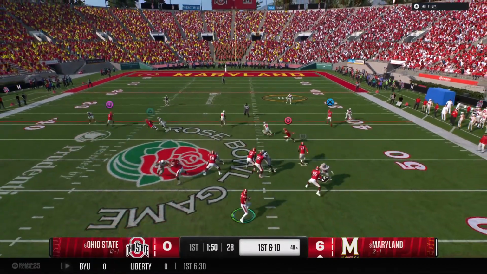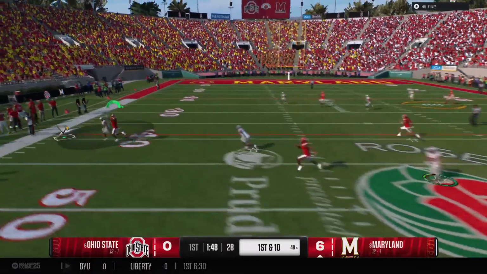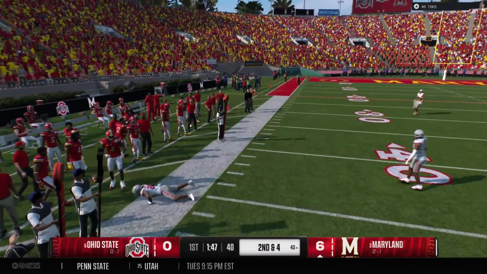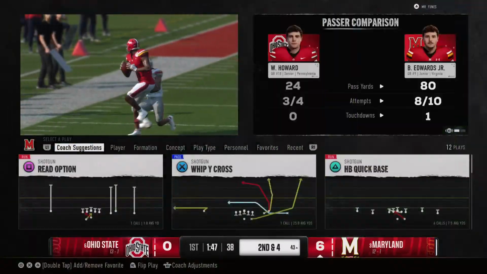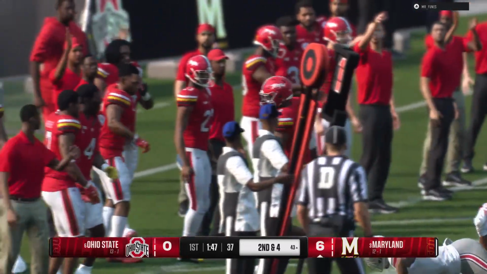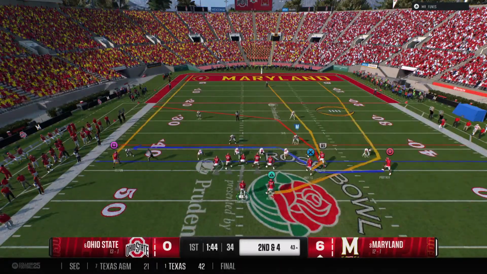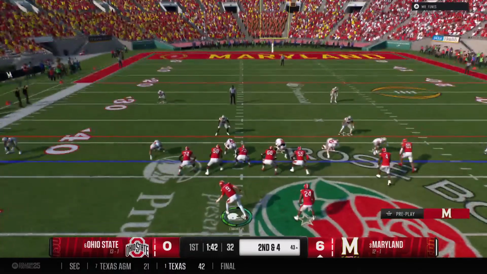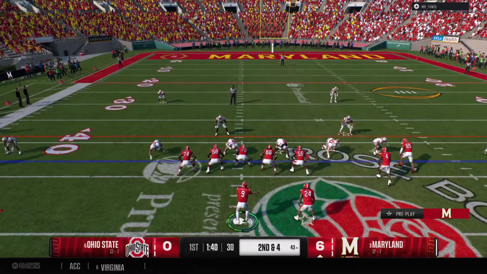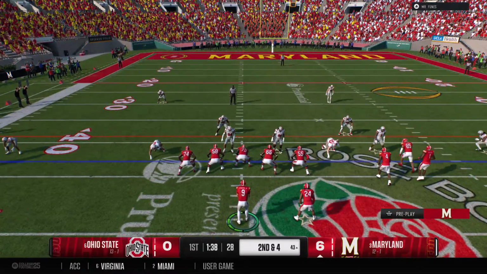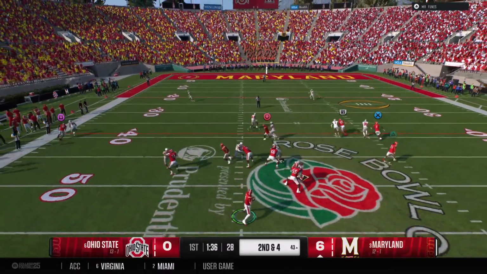Back to throw. It's Edwards. It's an out route. The catch made. And it's out of bounds after a decent gain. The key here to me, Chris, is the receiver runs a precise route, and the timing is impeccable. The quarterback cannot hesitate, because if he does, it can be pick 6 going the other way.